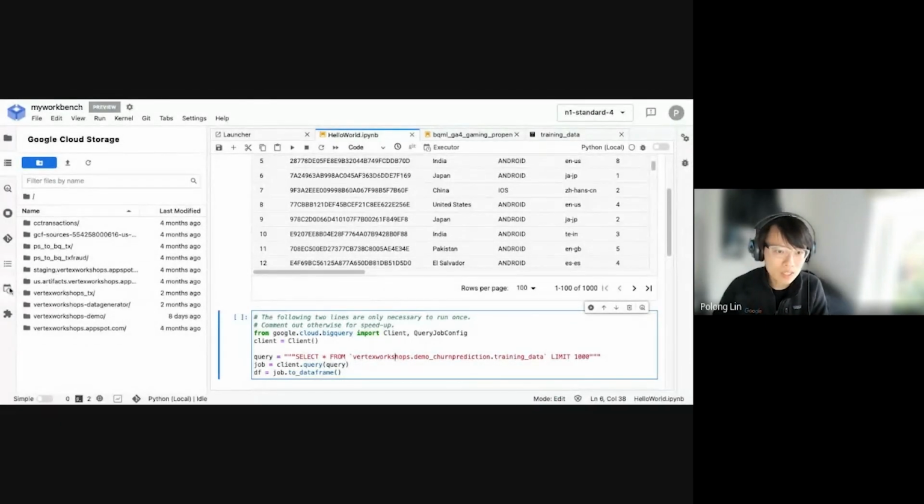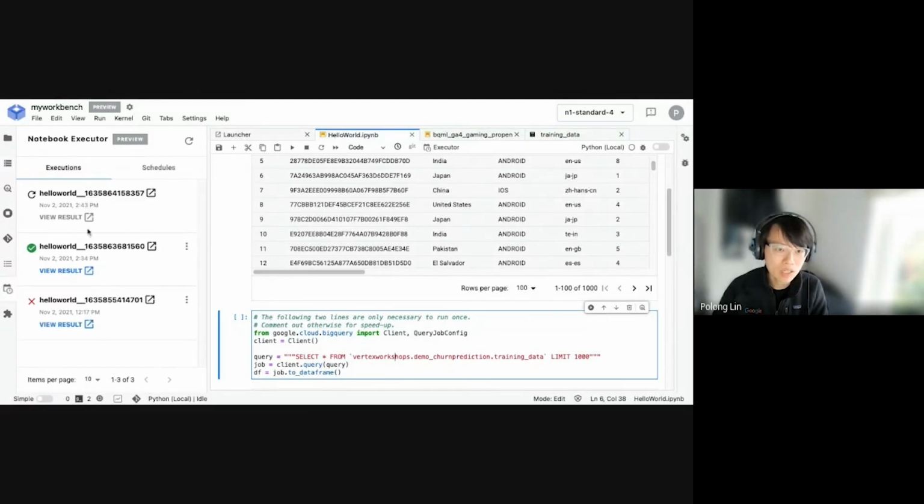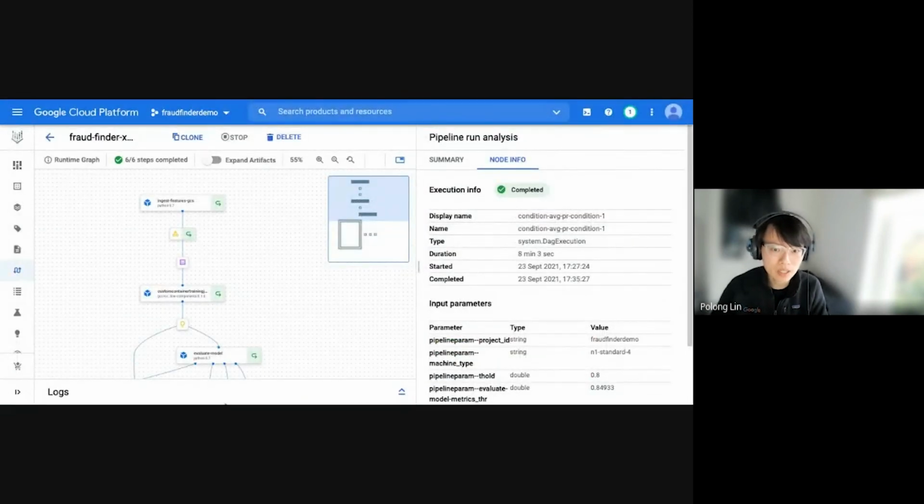So on the left-hand side here, you'll also see the same logo, that little executor button there. And you can see a list of all the executions that you've done in the past, and also any ones that you may have scheduled in the future as well. So this gives you an ability to check and track your scheduled notebook executions. Now, if you do have a pipeline, as I mentioned, a pipeline as a way to train and deploy your models, which you can also deploy from a notebook, you can keep track of your pipelines directly in the Vertex AI UI as well.